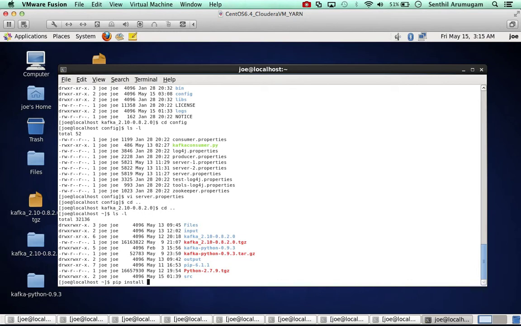Similarly, you need a client to talk to the Twitter API, and I'm using the Tweepy Python client. You can install that Python client very similarly using pip install tweepy. So this is really all you need before you can start running the scripts. You need Kafka, the Kafka Python client, and then the Python Twitter client. So once you have all of these installed,